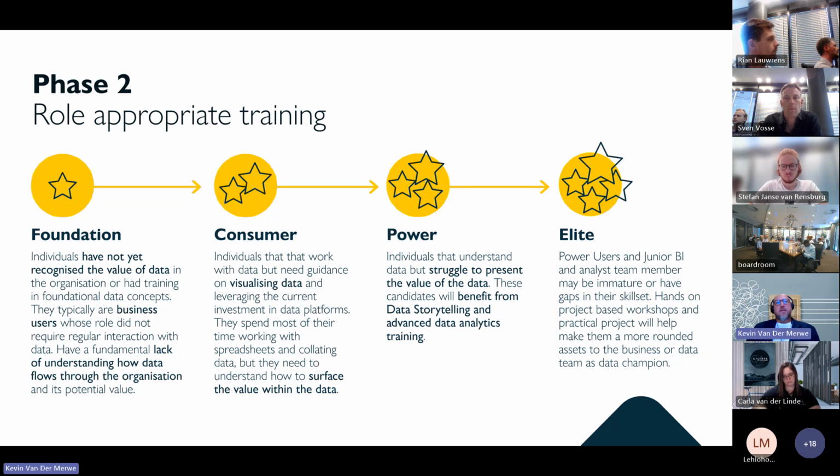The second group is probably where most of your organization falls, depending on the organization, and those are consumers, right? These are the guys that have already got their spreadsheets, they already got their Power BI license or their Qlik license or their Tableau license, and they're doing some basics on there, but they really need to start learning to work with more confidence, do more advanced things, but also learn how to surface the value of that data more effectively. That's also touching on data storytelling,